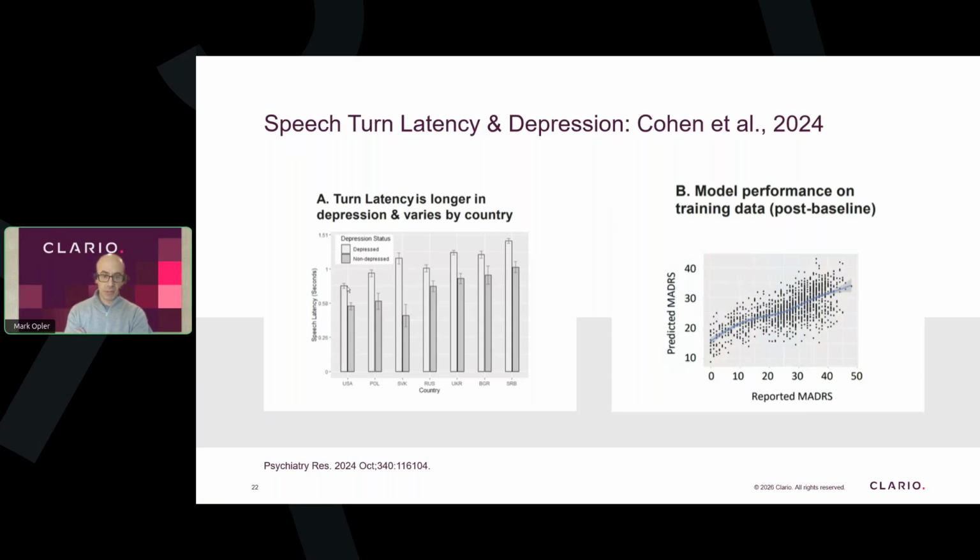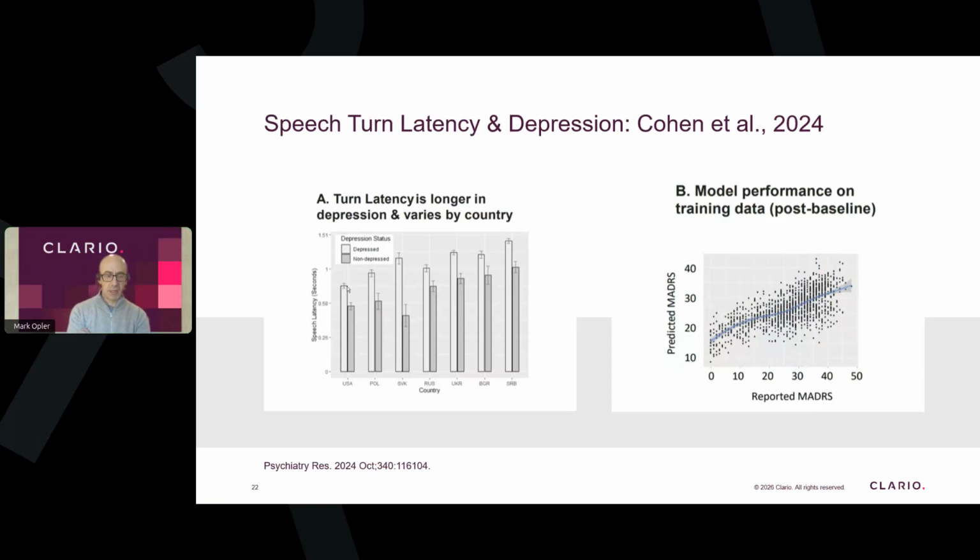But in addition to that, when we looked at these turn latencies, these reaction times across every country in the trial and every language spoken, and this was, as I should mention, a large global trial involving 7 different countries, we found that remission in depression, in other words, clinically meaningful reduction in scores on the MADRS, was highly related